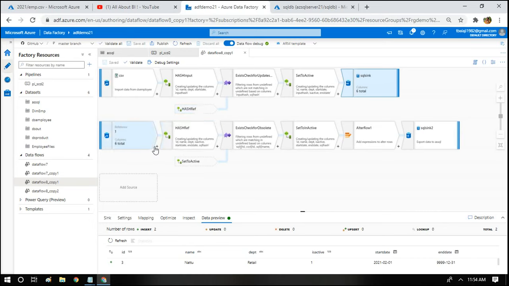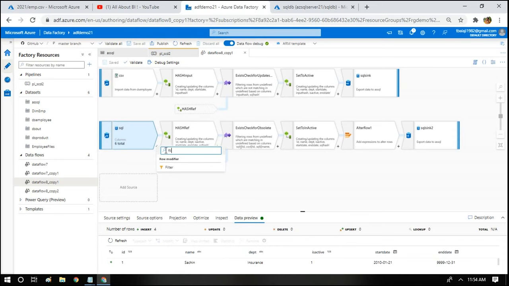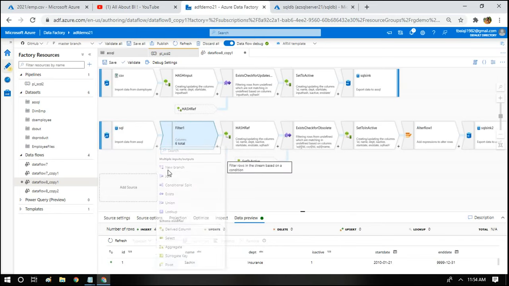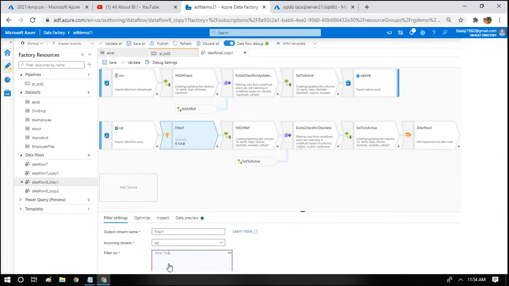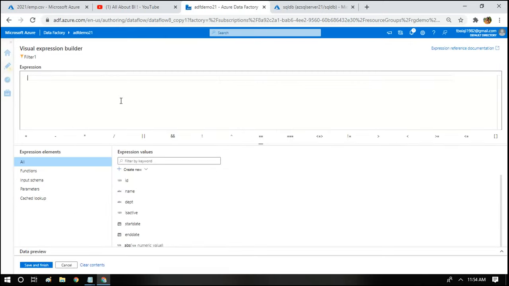You can add a filter here: simply click a plus, put one filter and say is active equal to 1. This way we are just considering the records which are active, and I can ignore the obsolete or historical records which are already updated to 0. So this is one thing that we can do in the data flow.